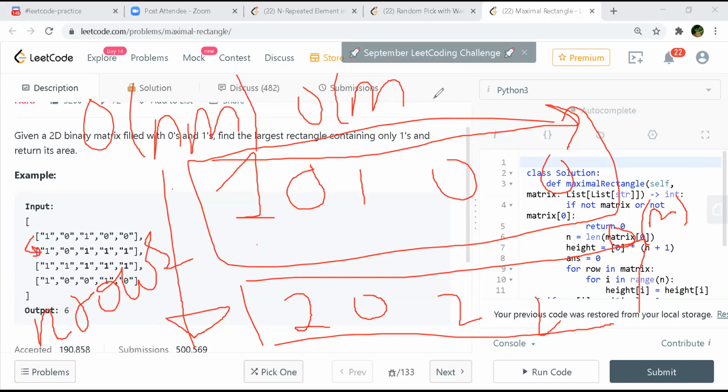Right. To be precise, it is m plus m into n, because we are doing the extra adding, like 1 plus 1.